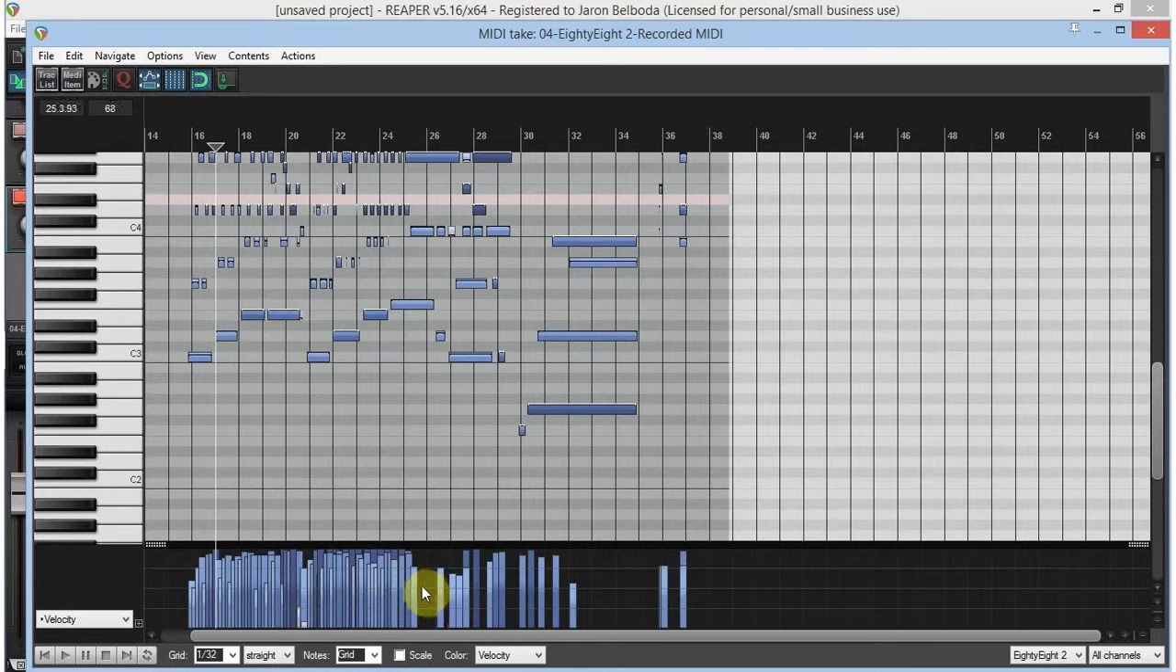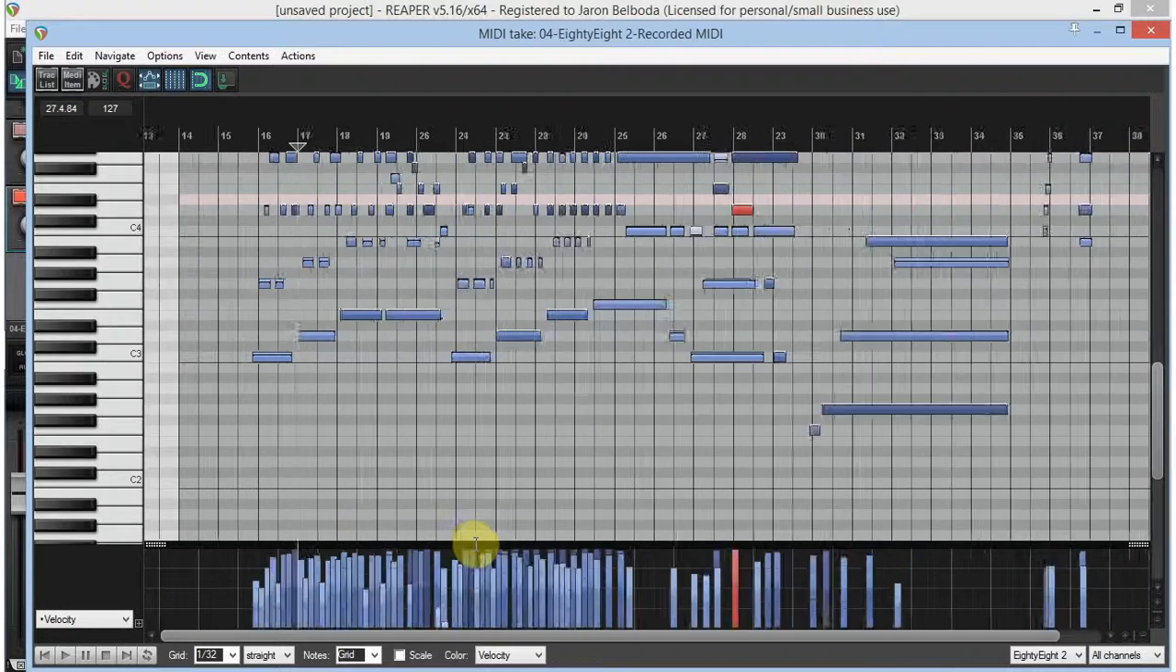And down here we have the velocity. So that's one thing I like to tweak because when you're playing on something like the X key, most of your velocities are going to be up near the top. If you don't know what that is, let me show you right here. So you see all those numbers there. 127 is the highest, and that's usually what all your notes are when you